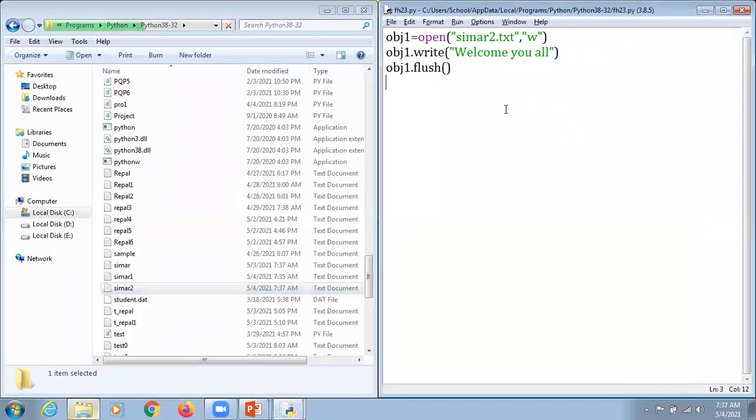Now just tell me, can you please elaborate in the chat box what the actual purpose of using a flush function is? Very good. I'm waiting for you all in the chat box, what is the purpose of using a flush function, FLUSH. I'm still waiting.